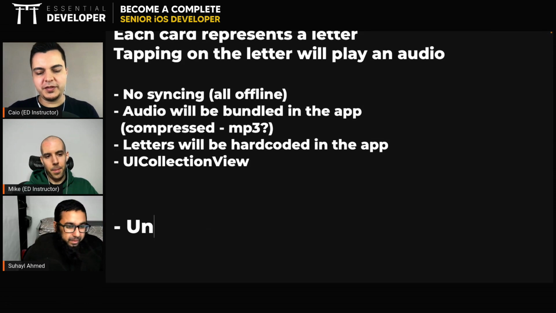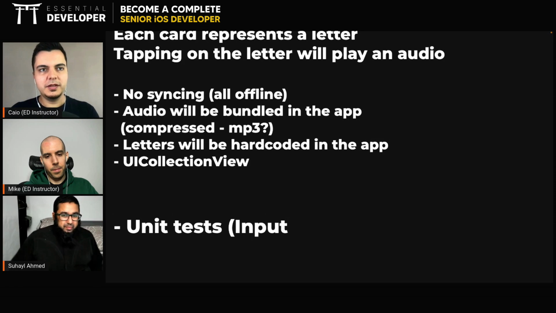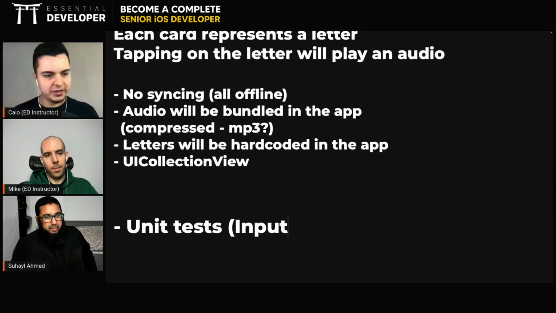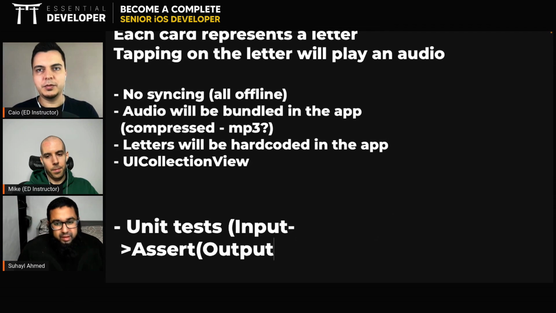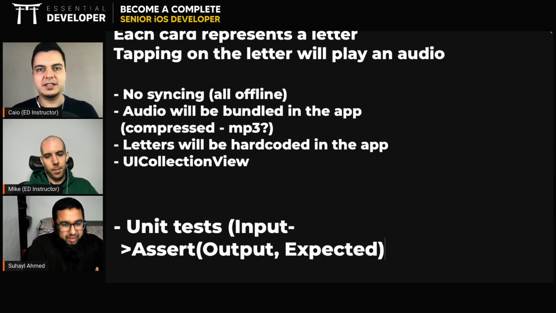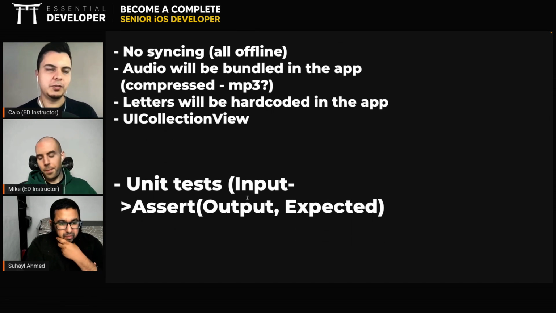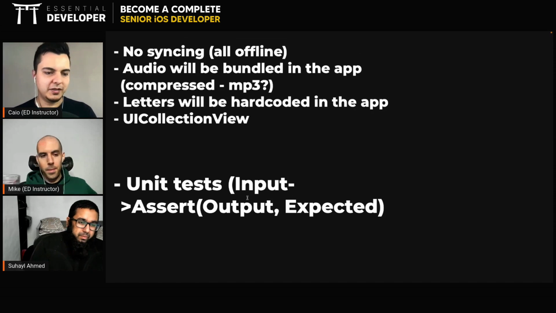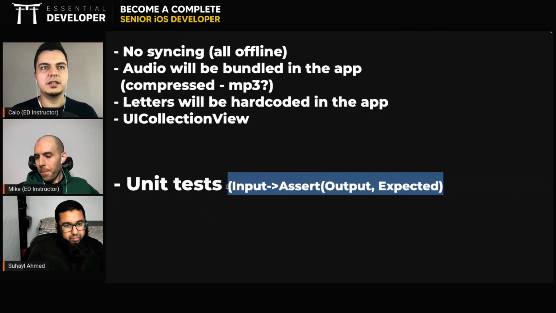Okay. So when you have something like FizzBuzz and you're writing unit tests, you have an input, you pass it to a function, the function returns something, and you assert that the output is what you expect, right? That's simple tests. You give an input to a function, you get an output, and you assert that it's what you expected. Usually with user interface it is different, right?